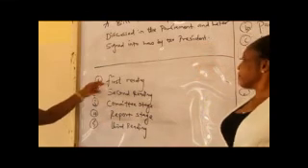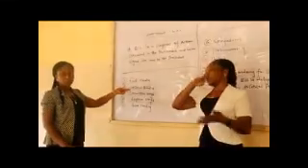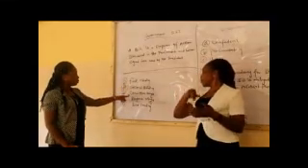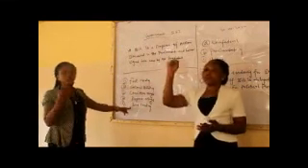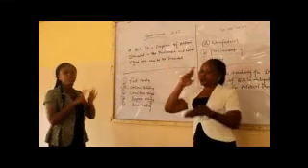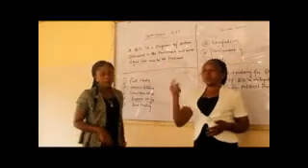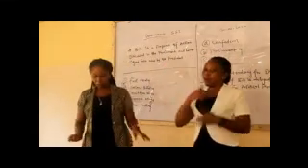Now the first stage there is what? First reading, the second is second reading, committee stage, report stage, and what? Third reading. They said we should have outlined only 5. There are 7 in number, but these are the 5 they said we should write.